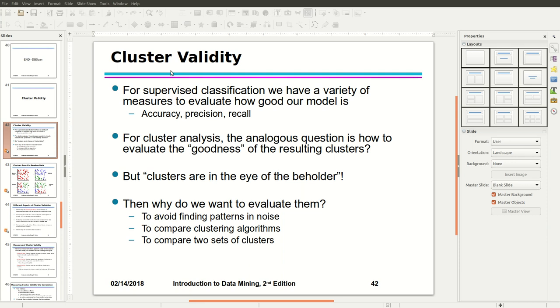We can then use SSE, like an internal index, and measure the goodness of a clustering structure without external information or reference. So note that SSE is good for comparing two clusterings or two clusters, either algorithms or the clusters themselves. You can use SSE to evaluate the goodness, and it can also be used to find the number of clusters. If you are interested in finding out the best number for the cluster count, then